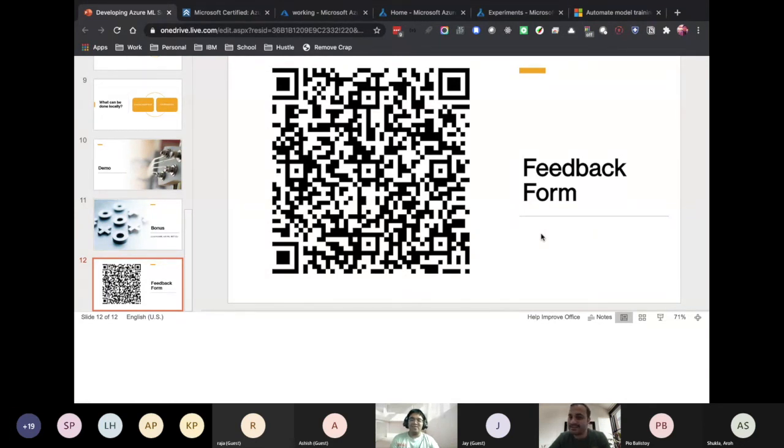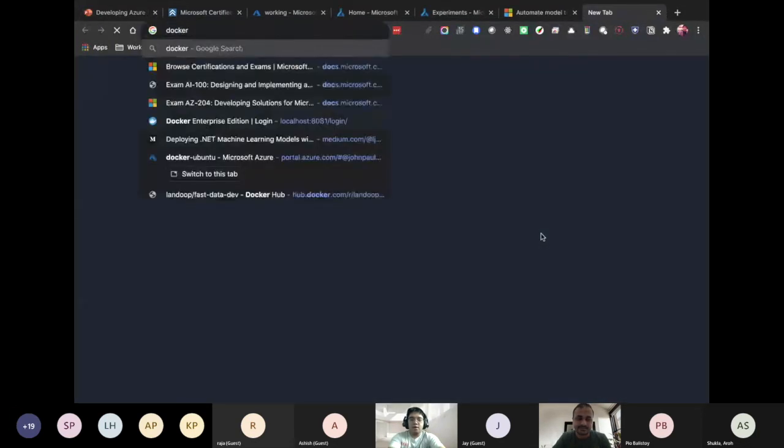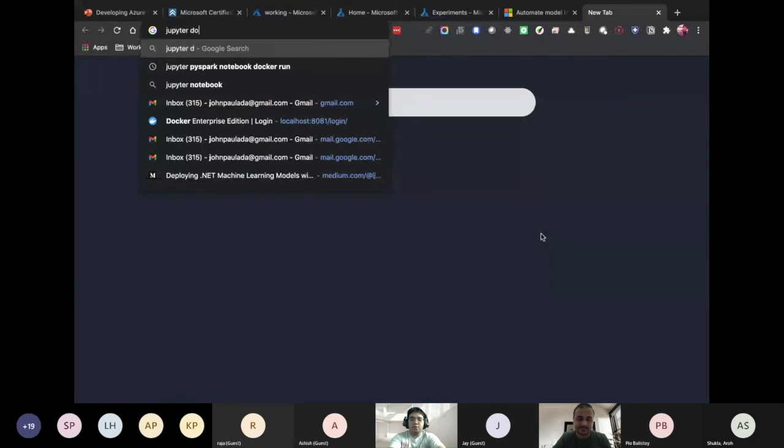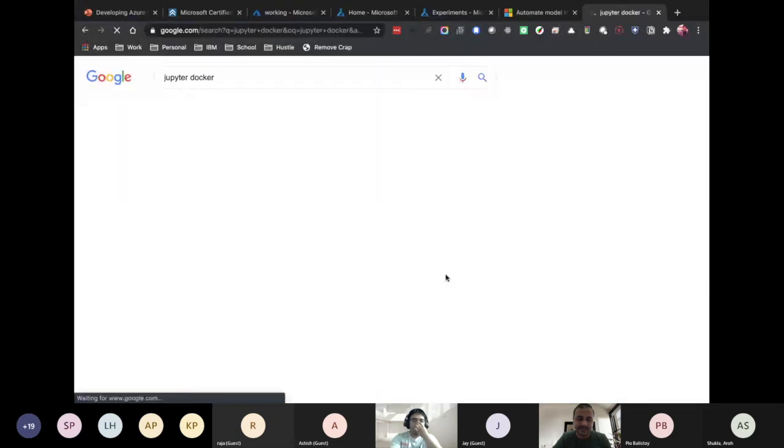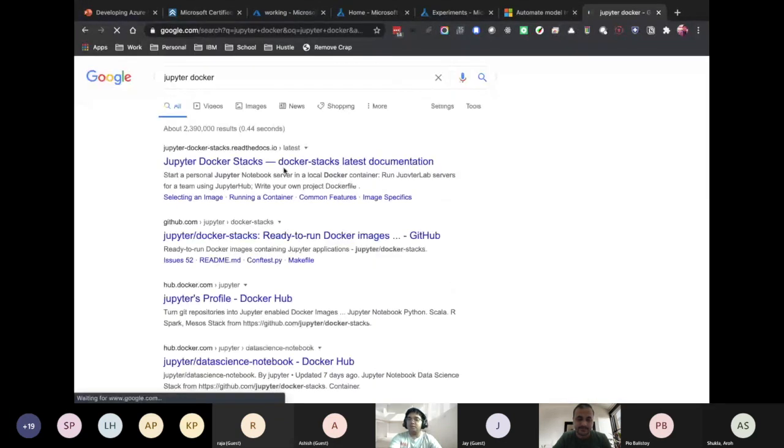Yeah, but if you don't want to use Azure ML, you can definitely use Docker containers. Yeah, because that's what I was thinking, since it's a local setup, right? For a local setup, if we can use Docker, then definitely. So we have, for example, Jupyter Docker stacks.